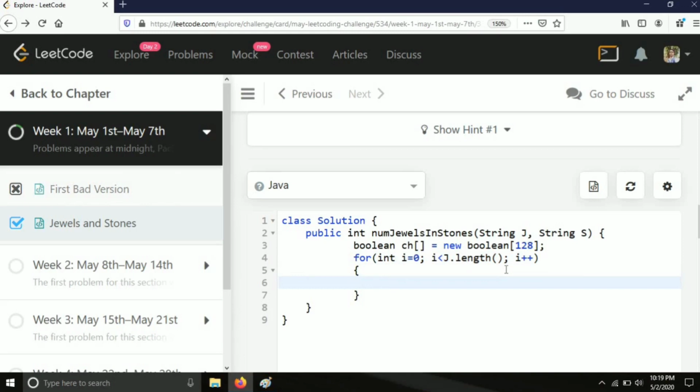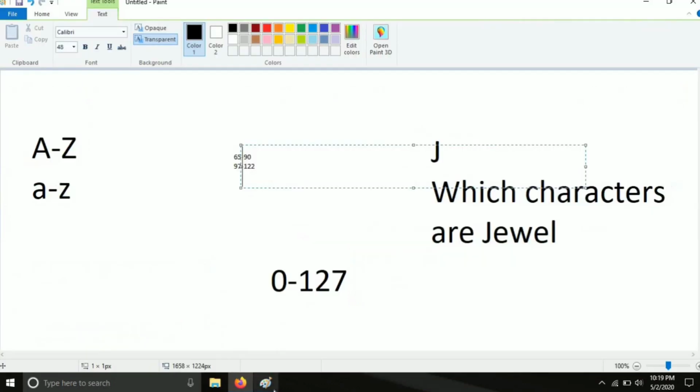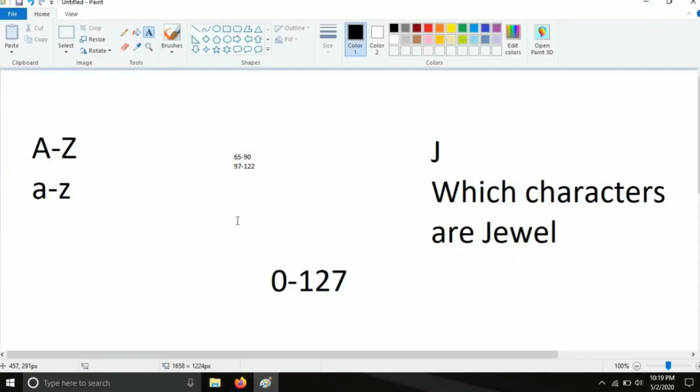Now what we will write here: ch of, firstly we have to find the index where we have to mark it as true. For example, for character A, which is 65, here is the boolean array, and its name is ch.